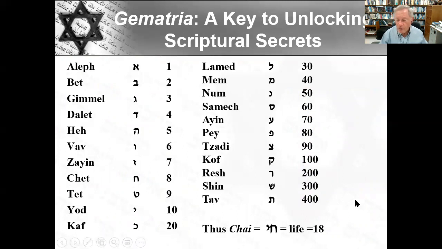Many of you will be familiar with the idea of giving in units of 18 because of Chai. Chai is Chet Yud. If we look it up here, Chet has a value of 8, Yud has a value of 10. So the numerical value of Chai, the word for life, is 18. That leads to a custom which is really Ashkenazi of